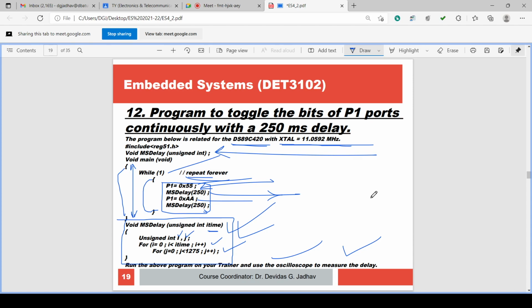These two things we have to do to use this specific delay of 250 milliseconds: the DS89C420 device and crystal frequency 11.0592 megahertz are set, and the function is written.